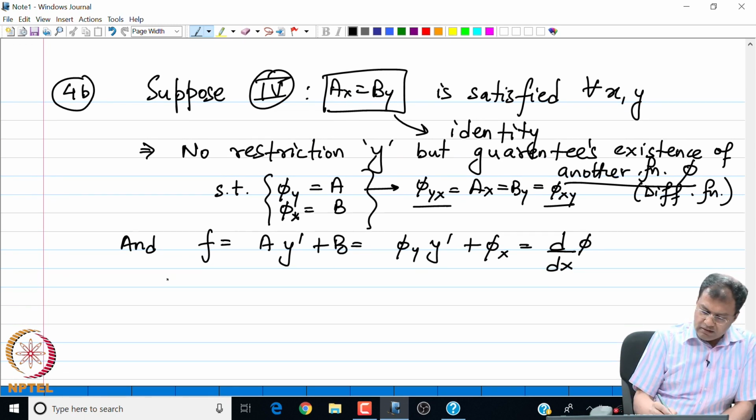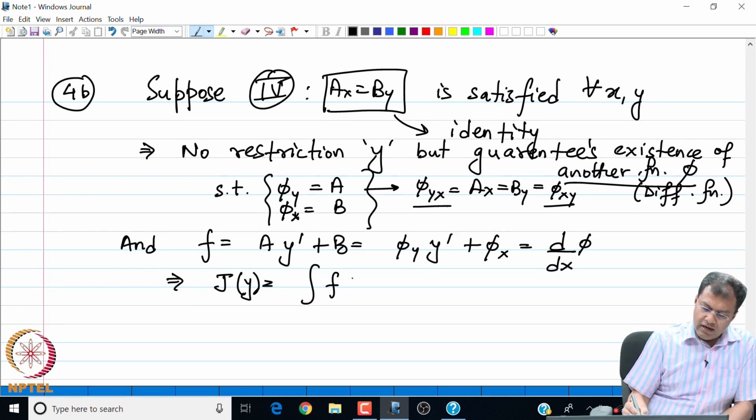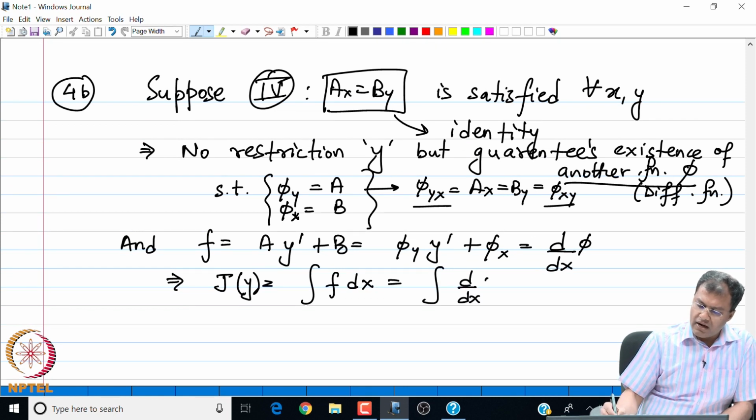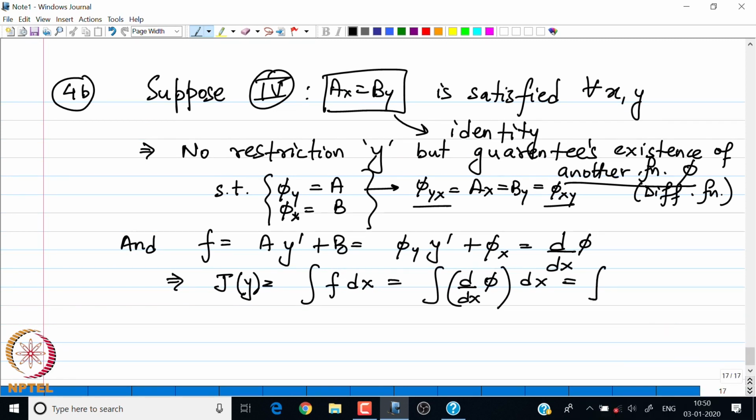So, in this case my functional J of y, which is the integral of f dx, is also the integral of d phi, the total derivative of phi with respect to x times dx, which is nothing but the integral of d phi, from point (x0, y0) to (x1, y1). So, this will be phi of x1 y1 minus phi of x0 y0. So, notice that this particular integral is an exact differential,